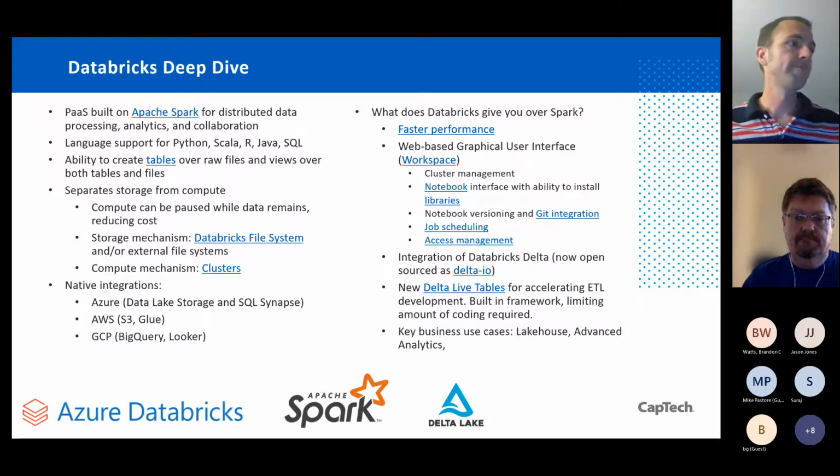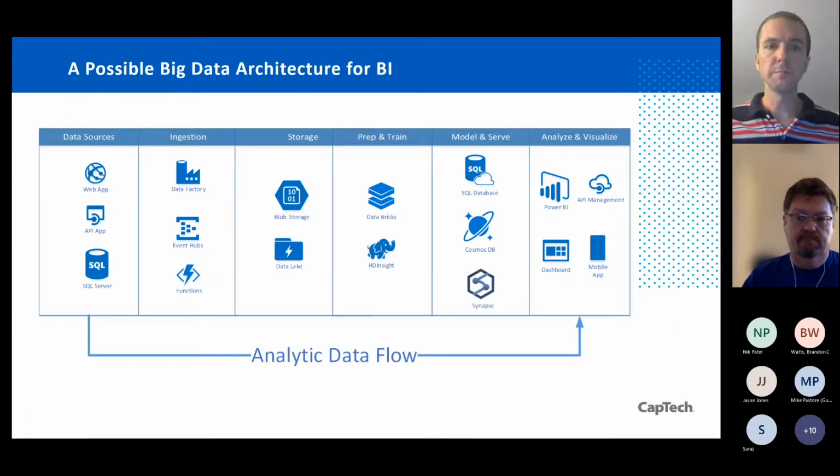Hi. Sorry, I joined a little late. Back to the architecture diagram, the big data architecture. I guess the second slide. This one? Yeah, here. Okay, yes. So you have an ingestion here, and then you have a prep and train where you have used Databricks. So the purpose of having Databricks is to process the data, curate the data, and maybe put it into the target. So, can't we do the same functionality using Data Factory or probably Synapse Analytics?